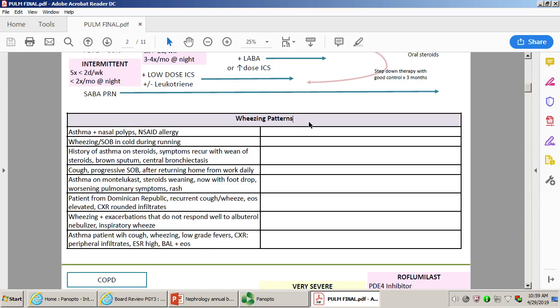So moving on to COPD. Again, kind of our ladder here is based on the severity, looking at their FEV1. So if somebody is on a short-acting